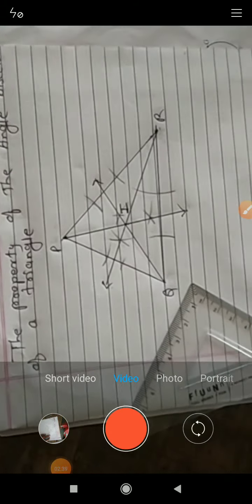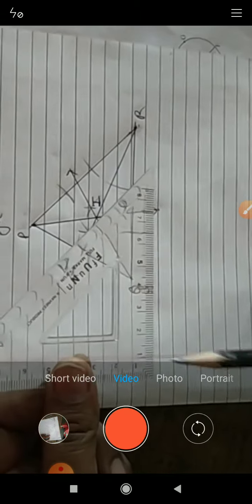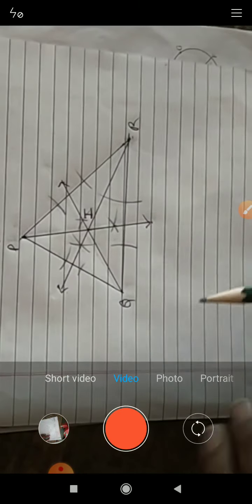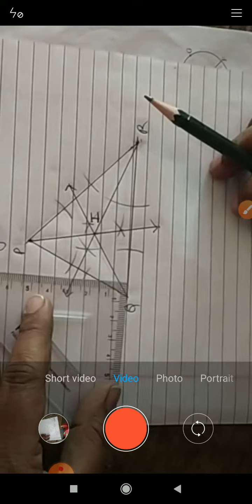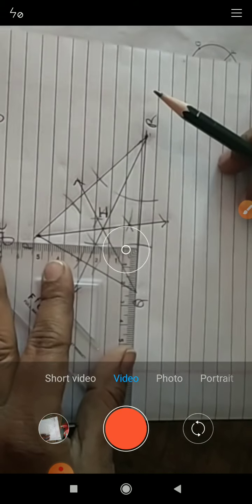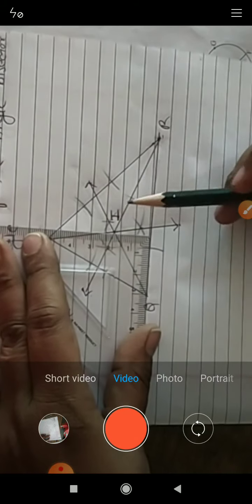And then the next step is we have to draw the perpendicular from this point, that is point I, and we have to take a set square for this. This is the set square. Then we have to draw the perpendiculars from the point I, the altitudes. So just put one side of the set square on this point I, and adjust another side with the side of the triangle, and hold it in this way. If you see here, I adjusted them so they overlap on one another, the side of the set square and the side of the triangle, and one side is passing through this point I. Okay, so this is the perpendicular.